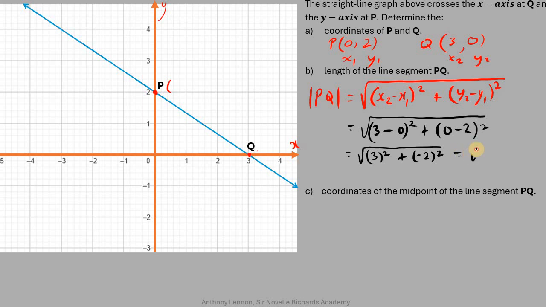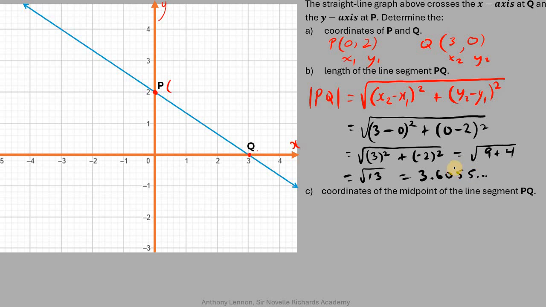And this will give us 3 squared is 3 times 3, which is 9. Negative 2 squared is negative 2 times negative 2, which is positive 4. Once you're squaring a quantity, the quantity inside the bracket, if it's negative, it will remain negative, but when you square it, it will become positive, because negative times negative is positive. Now, simplifying underneath the square root symbol, we have 9 plus 4, which is 13, which gives us